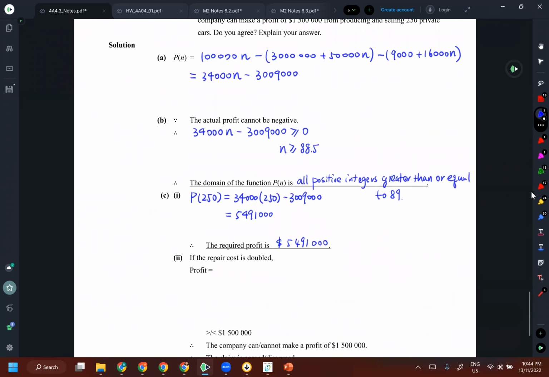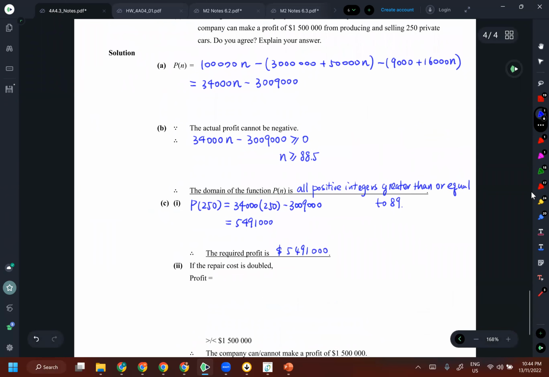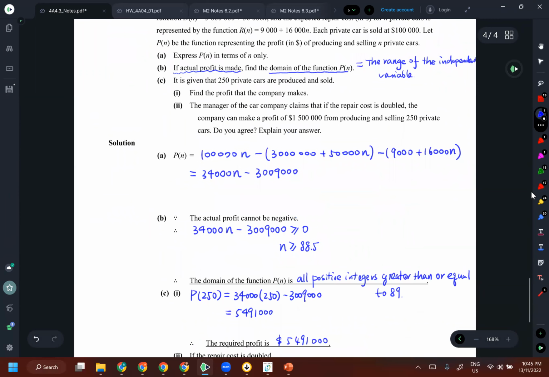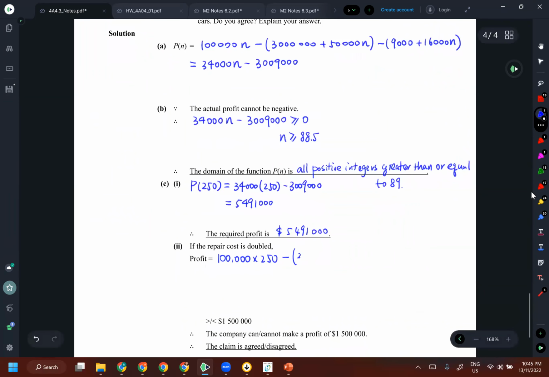If the repairing cost is doubled, my profit is equal to selling 250 cars minus the same producing cost, 3,050,000 and 3 million, plus 50,000, but here is 250, but minus twice the repairing cost,